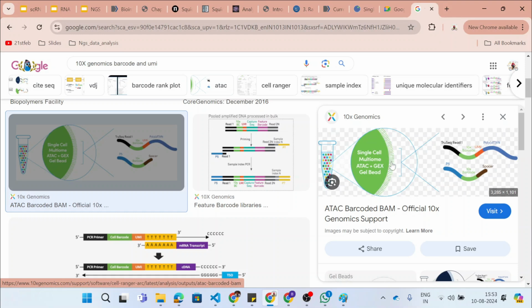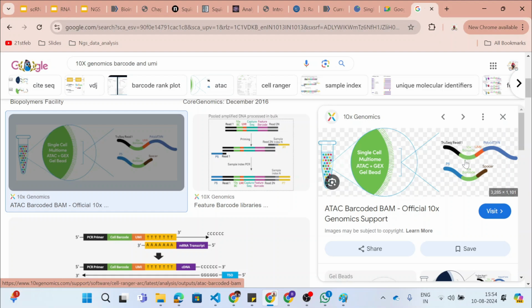Okay. So the bead barcode will have a couple of things, and that part we are going to add a lot of information, like let's say barcode and UMI. So barcode is basically for identification of cell, like which transcript is coming from which cell, and UMI is basically unique for each gene, unique for each cell. So these two concepts are there. Whenever you hear barcode, it means this is unique for each cell.